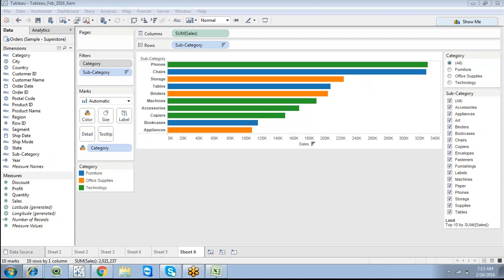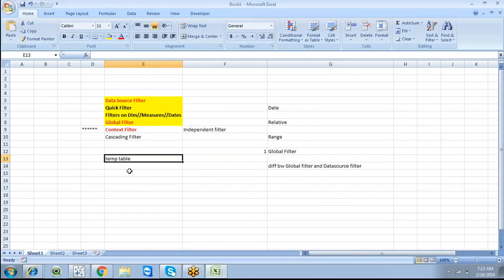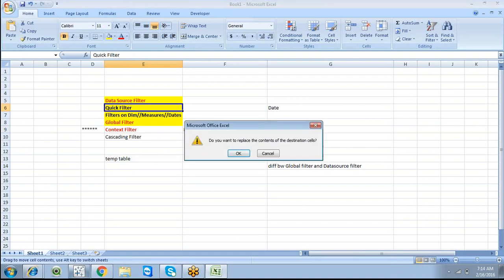So you can go with contexting if you want to showcase a subset of data. Go with the context for a subset of data, and it is similar to an independent filter. And I will explain the same context filter scenario in a percentage calculation. In some cases we do have to apply some context filter. So this is what a context filter is.